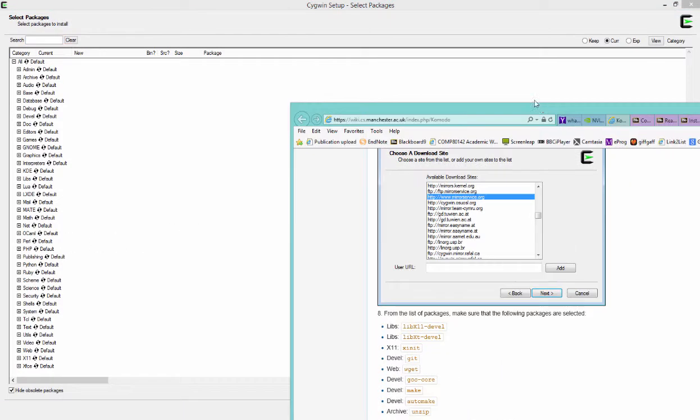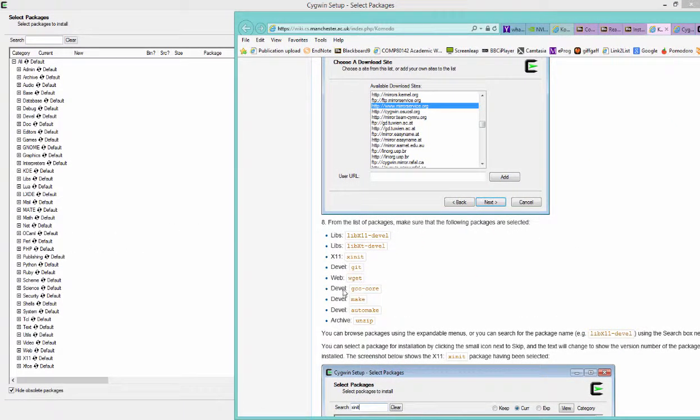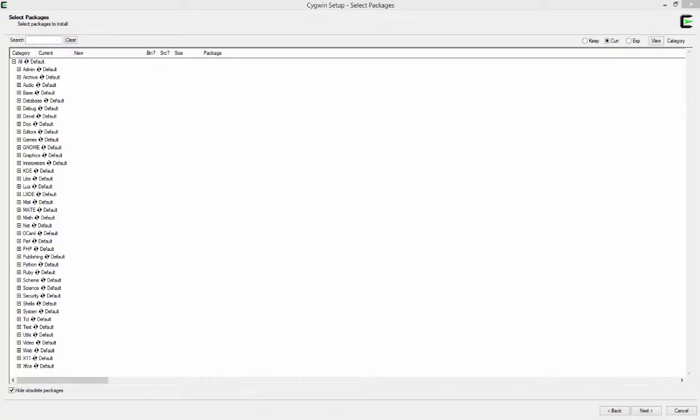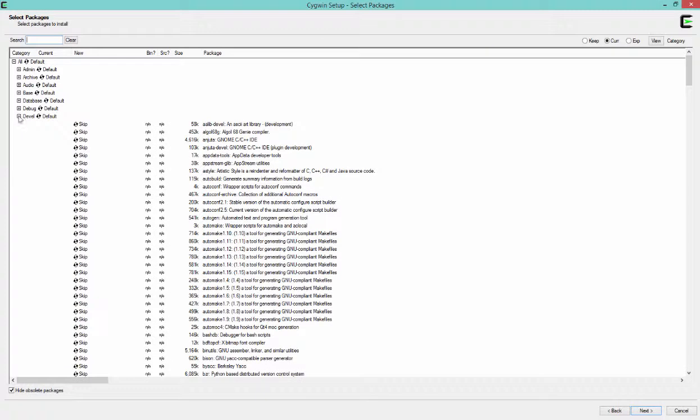Remember what we're doing here, I better show you again, is we're going through all of these lists here, and I've just selected that. I've got a few more to do yet. So let's go to the next one. So it's devel. So where's devel? Devel, and then it's devel